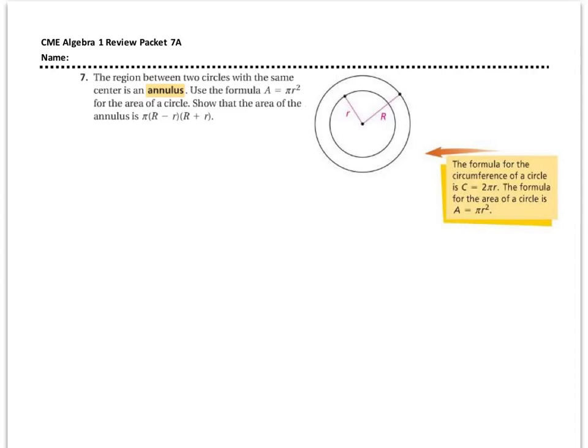The region between two circles with the same center is an annulus. Use the formula A equals pi r squared for the area of a circle. Show that the area of the annulus is pi times (R minus r) times (R plus r), with uppercase R and lowercase r. Okay, so